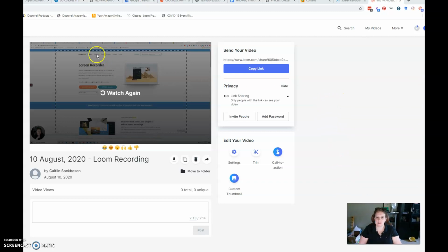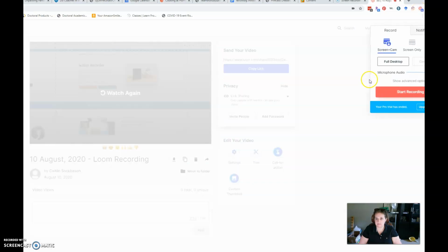All right, so this is one that was already uploaded. As you can see, there's some reactions here which are still included when you embed it in Blackboard, and I'll show you how to embed it in a minute. But first of all, how to make a recording. I have the Loom for Chrome add-on installed, so that's what I would click to launch it, and